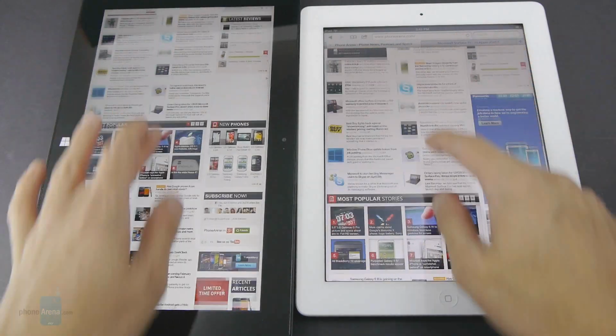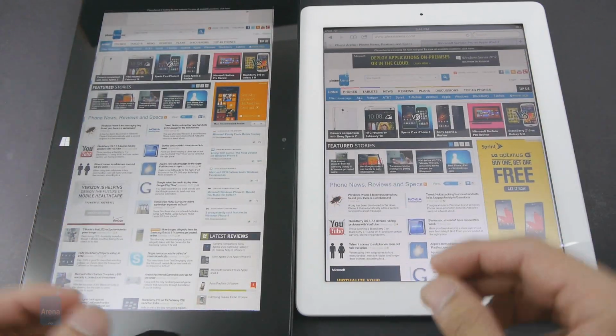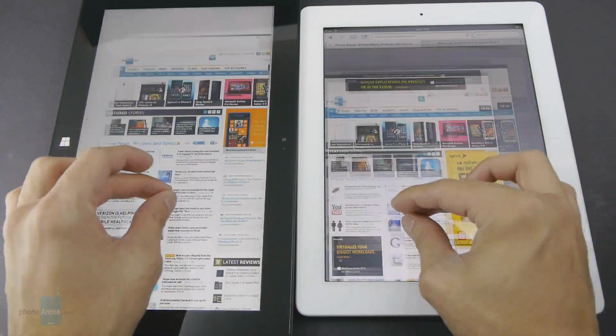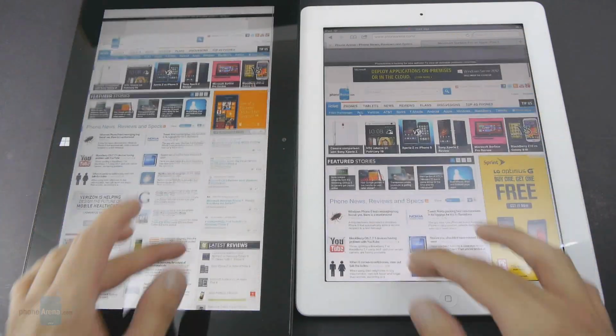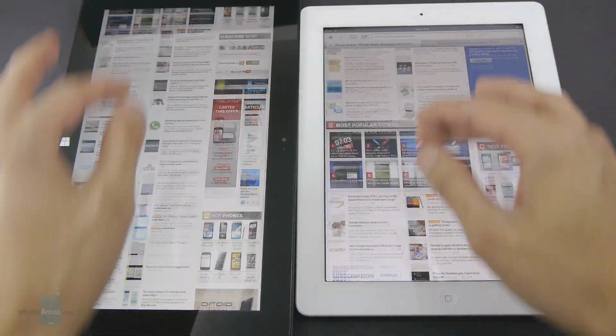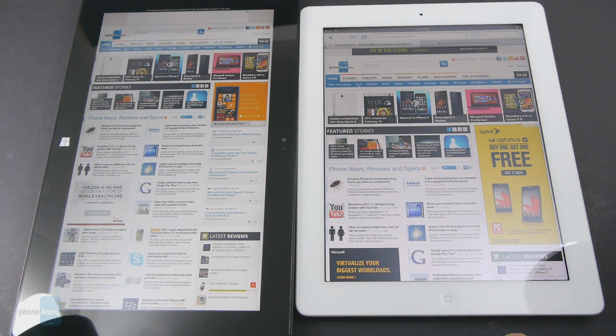When it comes to surfing the web, we really can't complain much about the experience on either tablet, because it's so fantastic. They pretty much mirror one another. Really fast page loads, smooth kinetic scrolling, buttery smooth pinch gestures too, and they render things on the fly. There's very minimal lag, but the advantage with the Surface Pro is that you also get the full Internet Explorer browser in the desktop mode,